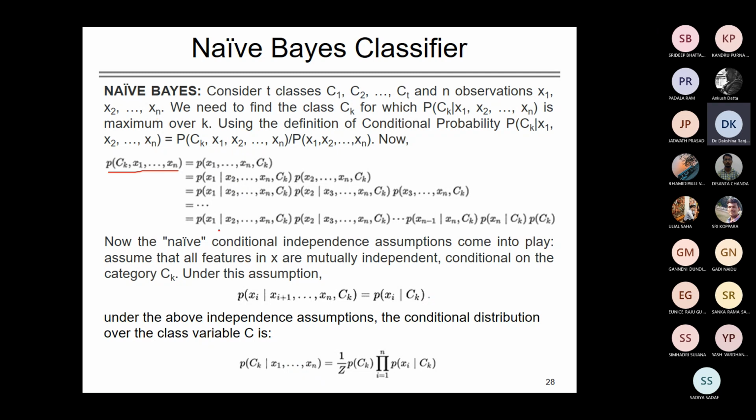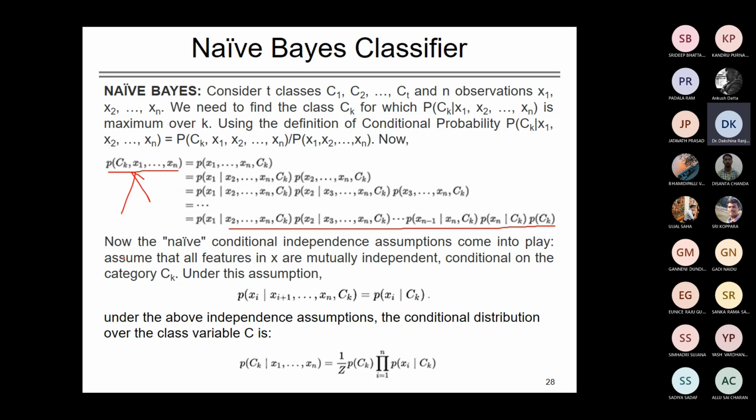Independently we will estimate each marginal probability and get the product of the marginal probabilities in this elaboration. So this is the probability that we want to estimate, and here the